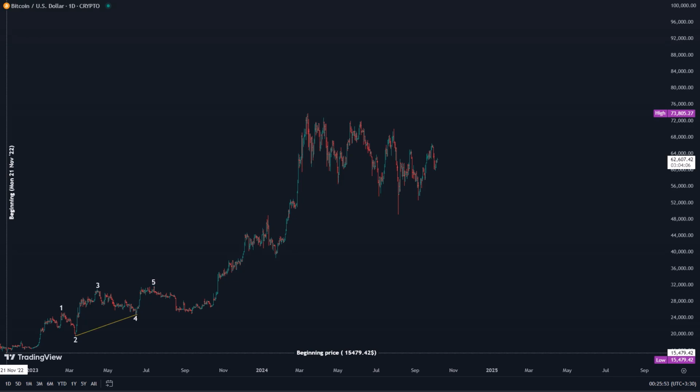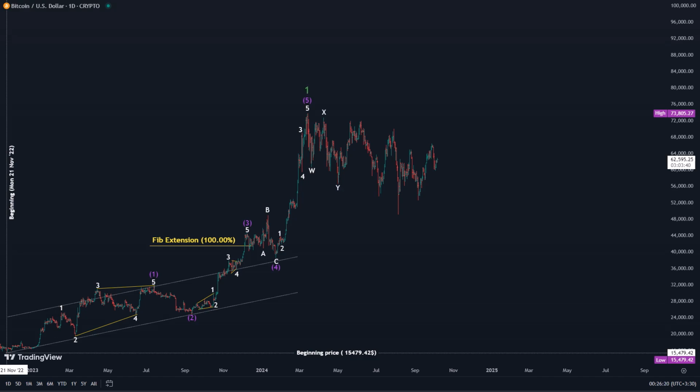Let's analyze the current situation in the cryptocurrency and Bitcoin market from November 2022. I am currently optimistic about the market's upward potential. The price action indicates that waves 1 and 3 are nearly equal, leading to the expansion of the fifth wave, which has formed a larger wave 1. This suggests the possibility of a third wave.